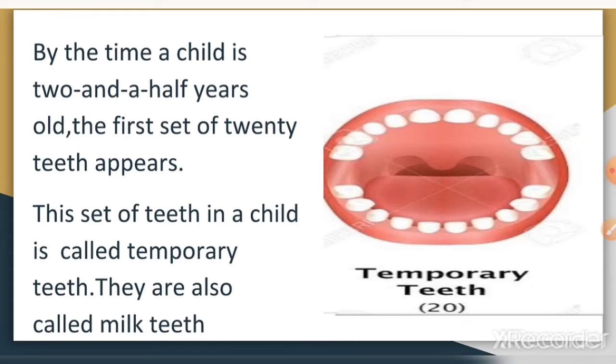They help the child bite and chew the food, which is essential for the child to gain proper nutrition during his or her early years. They allow the proper development of speech. They create and hold space for eruption of permanent teeth, which is the second set of teeth in the jaw. They ensure proper tooth alignment when the permanent teeth begin to erupt. They build confidence and self-esteem in the child.